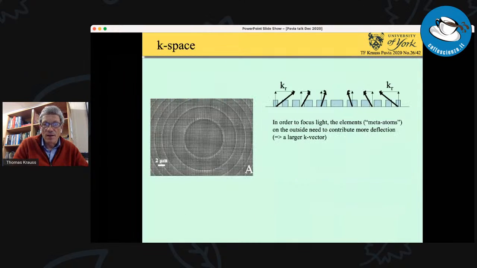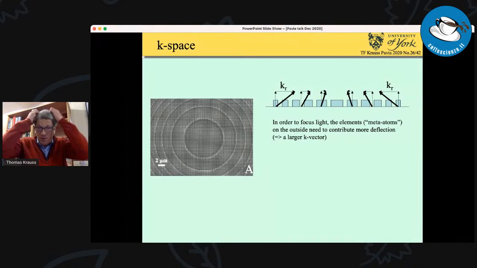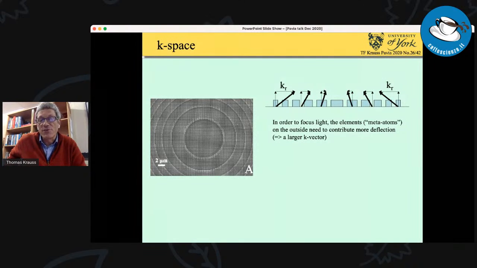So we went back, we thought about it, and we like k-space. Now, k-space is a bit more advanced, so maybe for the next few slides not everybody will follow, but the experts will clearly appreciate this. So what actually happens, if you think about this: the light comes from the bottom. Imagine a ray of light, a light beam comes from the bottom and gets focused. Now, what the metasurface really does is give you a radial k vector. So the light gets deflected towards the inside, and that then forms a focal point. So we think about this as adding a k vector to the incoming light. And that's what the metasurface does, right?